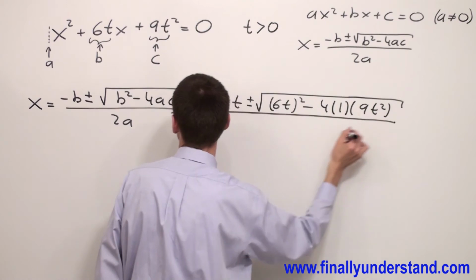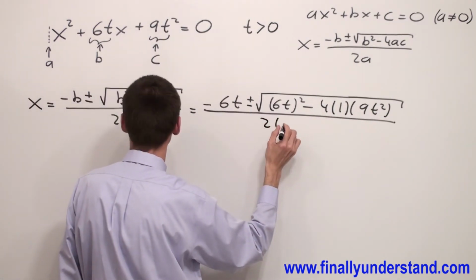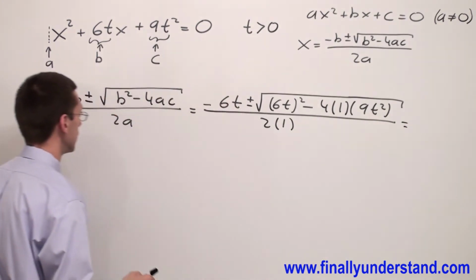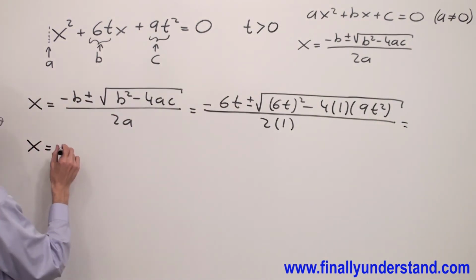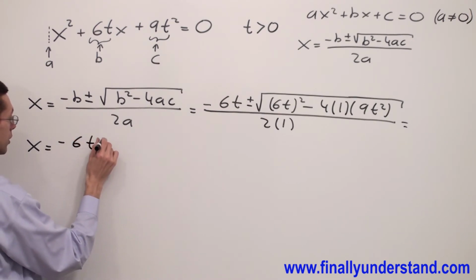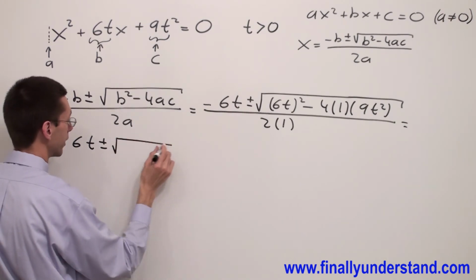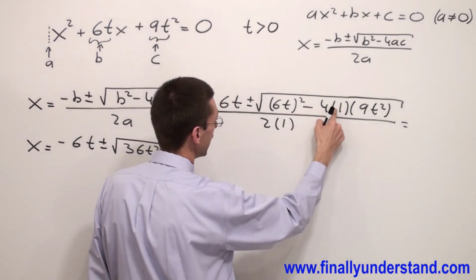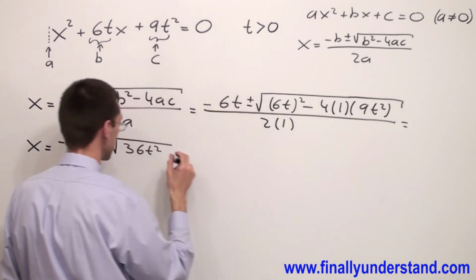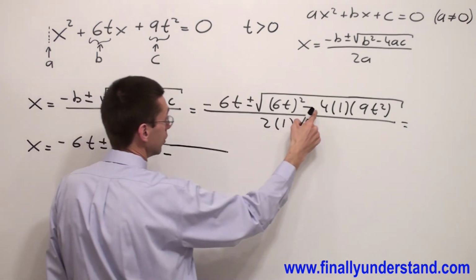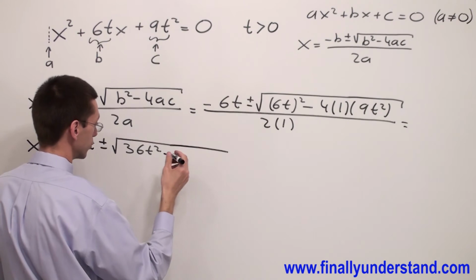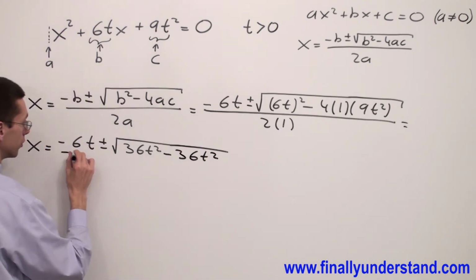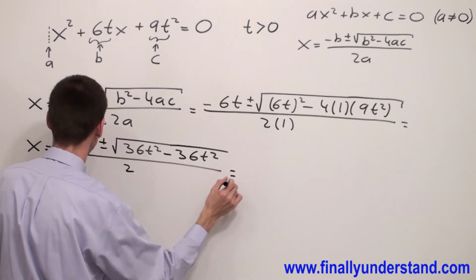over 2 times a, so I have 2 times 1 equals, and I have x equals minus 6t plus or minus square root, I have 36t squared, and I have negative times positive is negative, times positive is negative, that's why I'm going to have a negative sign over here. 4 times 9 is equal to 36, and I'm supposed to copy down t squared, so this is negative 36 t squared over 2. This is equal to negative